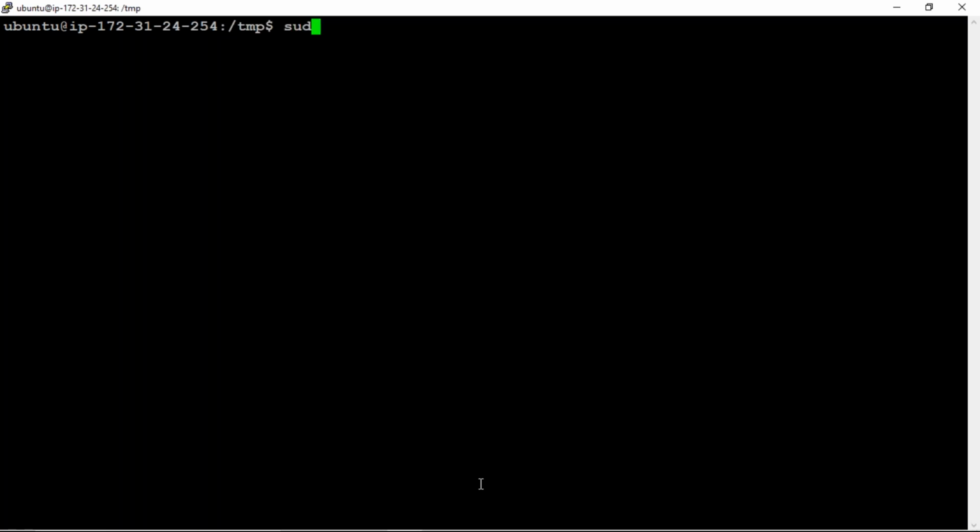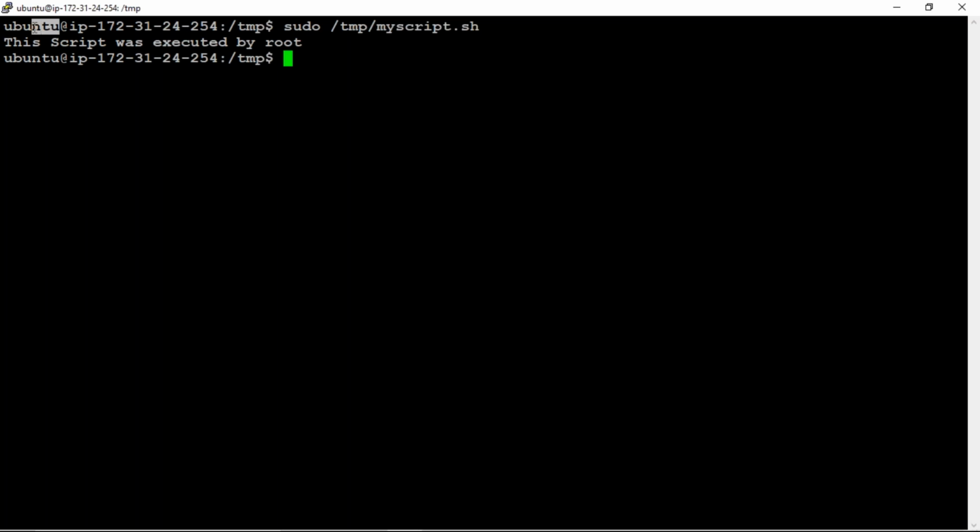Or else I'm trying to execute from Ubuntu as well: sudo /temp/myscript.sh. See, I have executed this file in three ways.